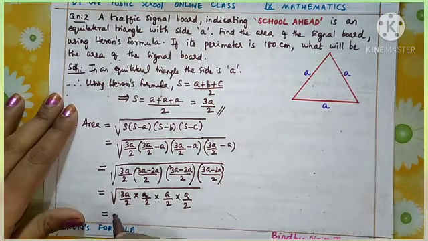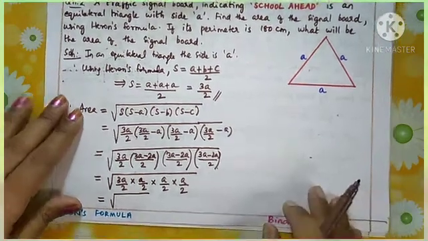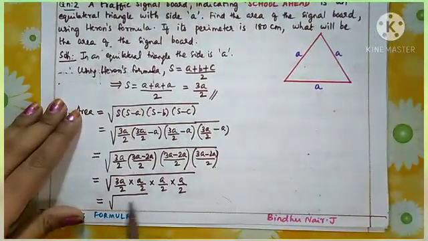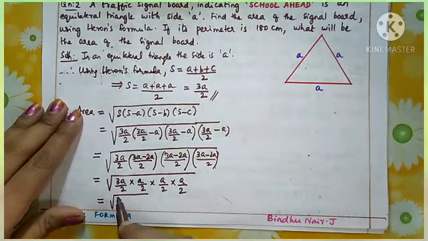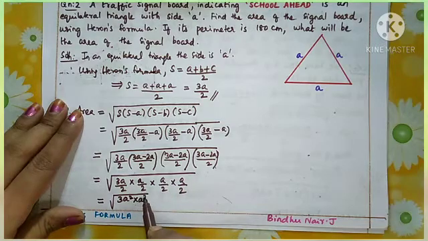It is square root of, okay. So here this is all multiplication. So multiplying the fractions means multiply all the numerators and multiply all the denominators. So 3 numerator 3, you know, a into a, that is a square. Similarly here also a into a square, divided by 2 into 2 into 2 into 2, that is 16.